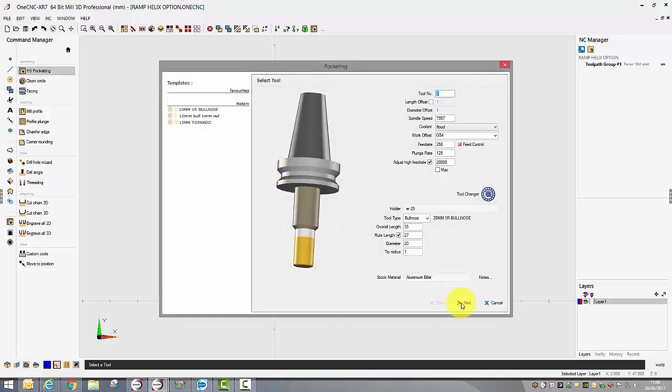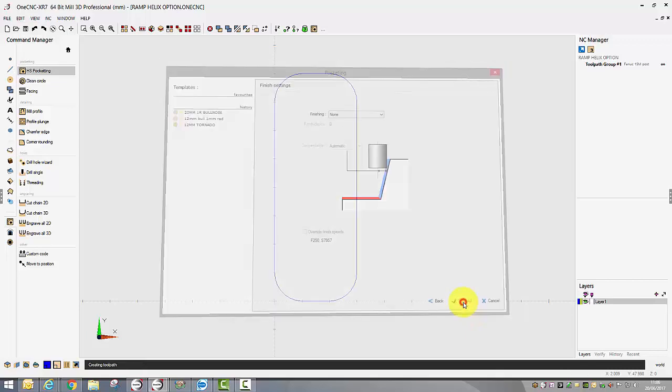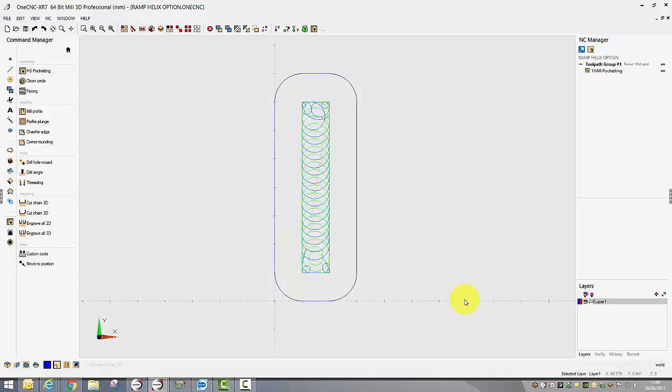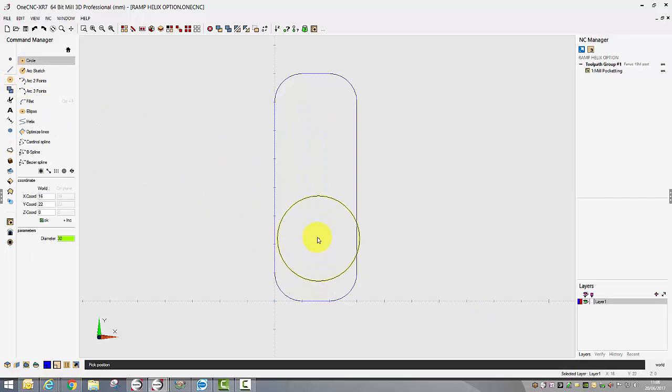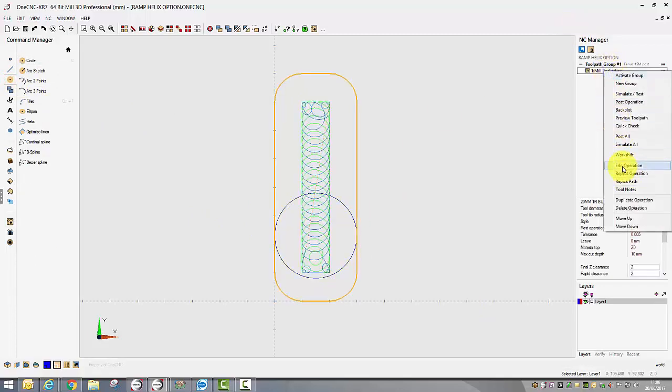So we'll just again go through this form, and as you can see, minimum and maximum ramp. So I'll just set this to a minimum of 5, accept the form all the way through to the end, and now you have a more efficient toolpath using a larger tool to get rid of all the material as quick as possible. Again, if this was a casting and you needed to force the tool to start in a particular area, you could just pop yourself a circle on the screen wherever you wanted it to start, recalculate your toolpath,